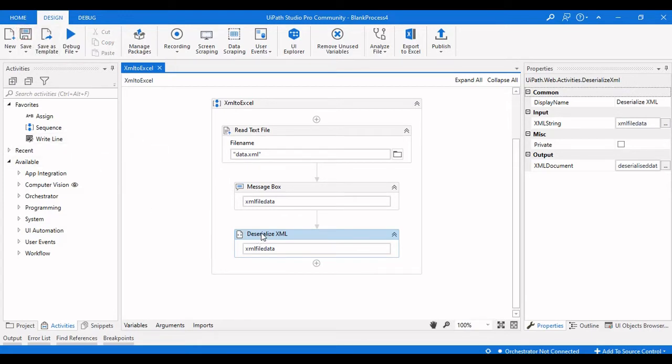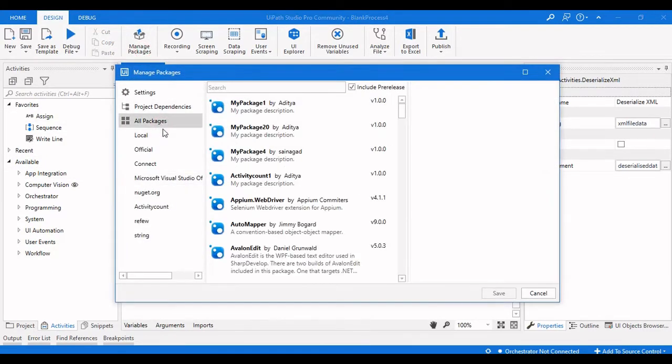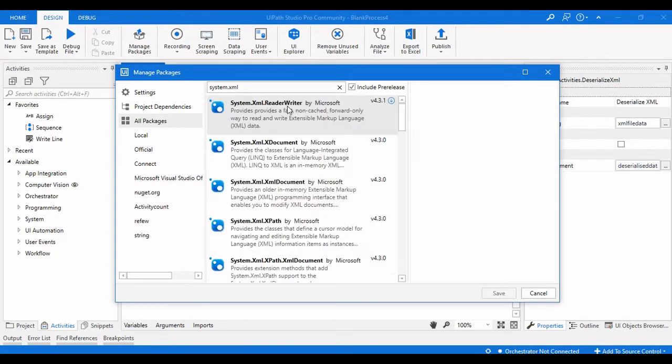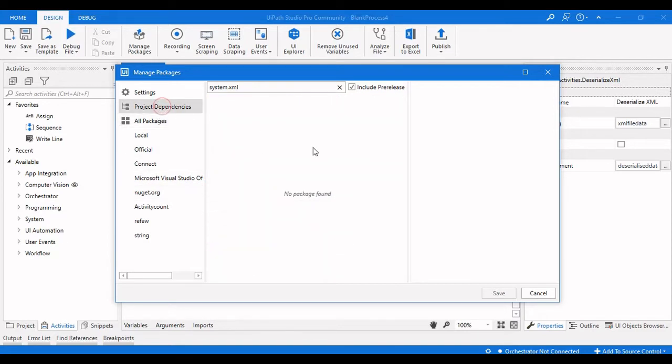And if you haven't found this deserialize XML activity in your activities panel, then go to manage packages and click on all packages and search for system.xml, and I think I have already installed that particular package.